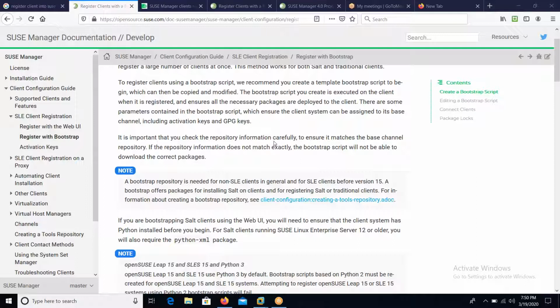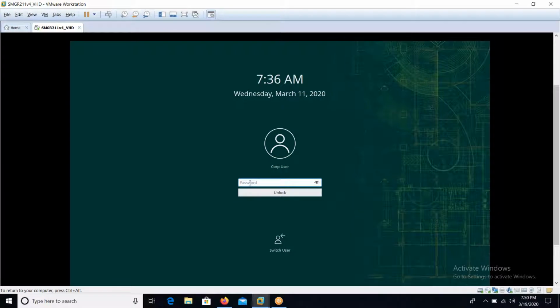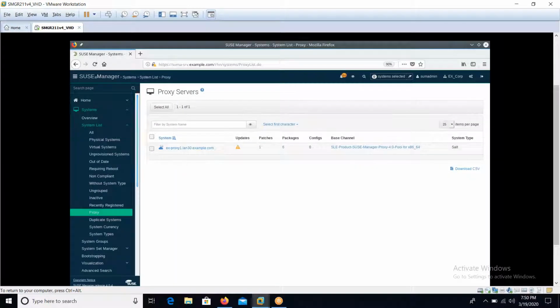So here in this small session, we'll see how many different ways there are to register a machine, a server, into a SUMA to manage. In a SUMA, there are a couple of ways available to register a machine. The first way is through the GUI. So you can go to your SUMA machine, and then you have an option called